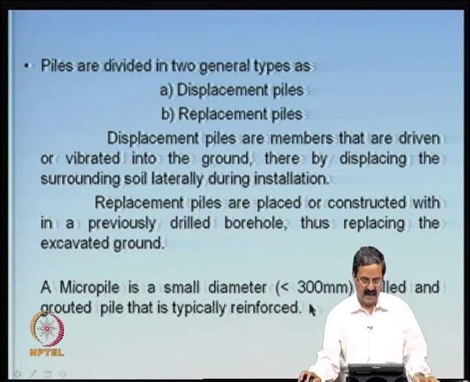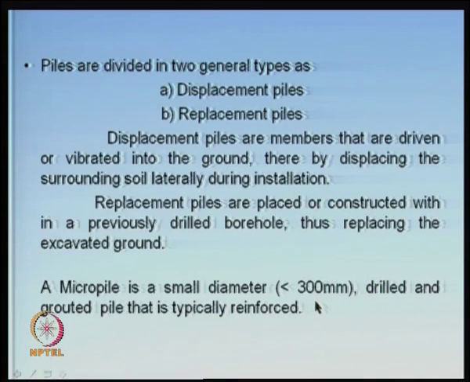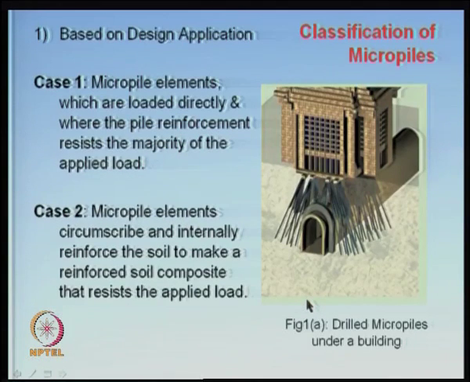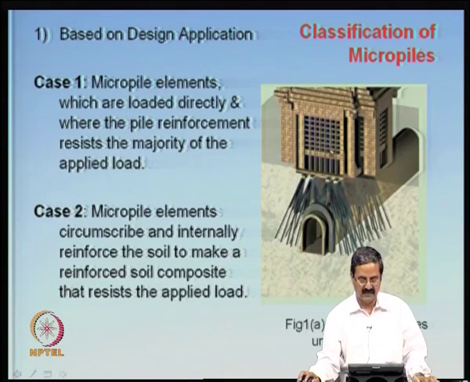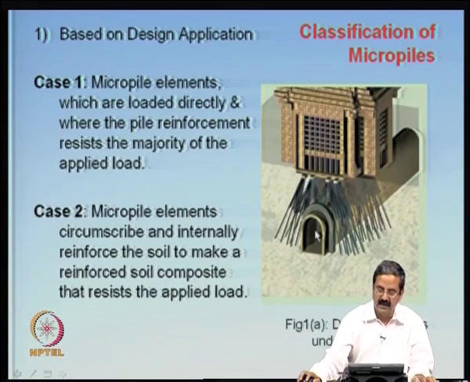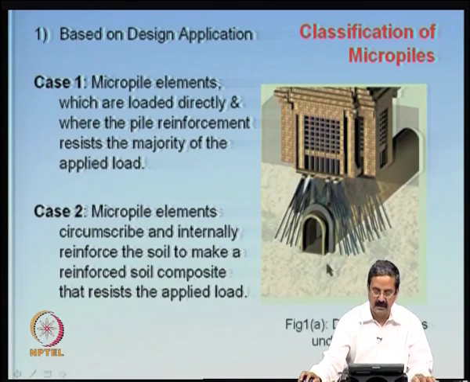The only thing is that the diameter is quite small, maybe 100 mm or 150 mm, compared to 300 mm that we have in normal conditions. The advantage is that, for example, you are trying to have a tunnel next to, or below, the foundation of a structure. How do you go about it? You have to make an excavation for the tunnel, and it is not easy. So, one way would be to strengthen the whole system and also excavate in this particular portion such that the excavation for the tunnel will not collapse.